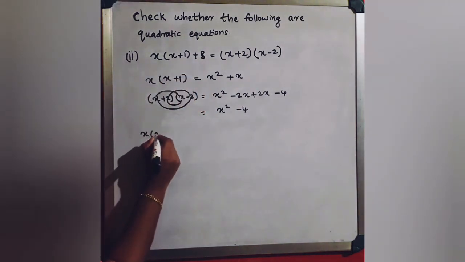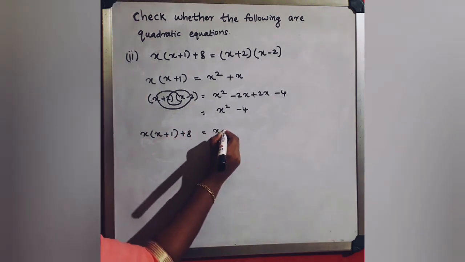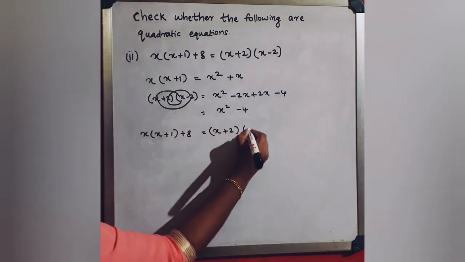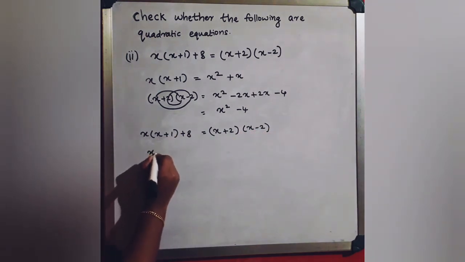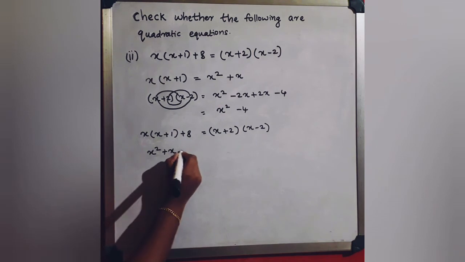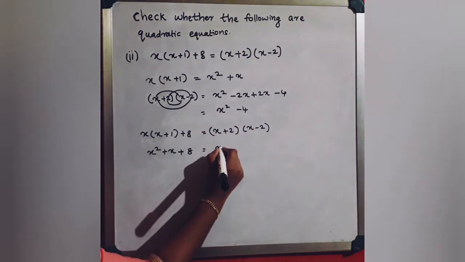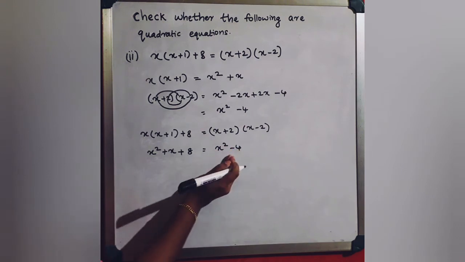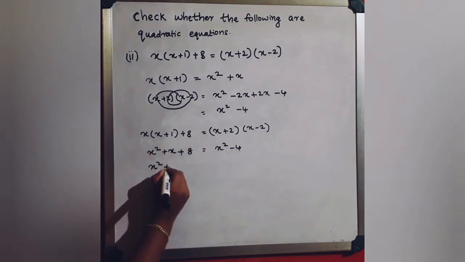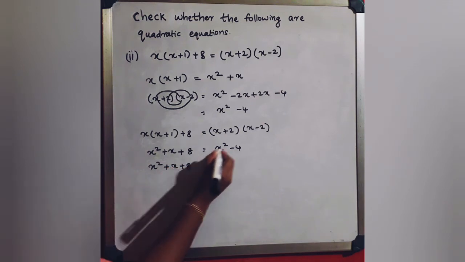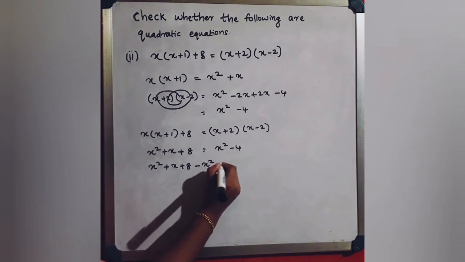That is x into x plus 1 plus 8 is equal to x plus 2 into x minus 2. Here x into x plus 1 is x square plus x plus 8, and x plus 2 into x minus 2 is x square minus 4. Just take these values into the left side. It becomes x square plus x plus 8 plus x square becomes minus x square, minus 4 becomes plus 4